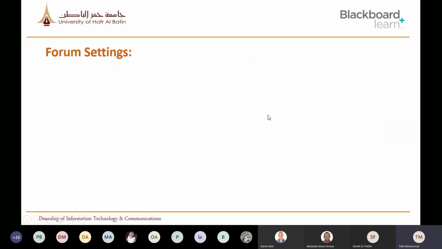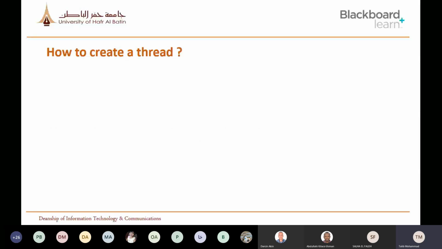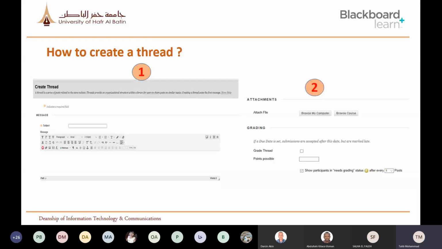So this is discussions, and in the same way you have the forum settings. Inside a forum, again, you have threads. You can create threads of the discussions. If you have any topics inside the chapters, you can create threads. While creating a thread, you can provide some instructions. You can attach a file as well. If you want to create a thread, you have to check this option. By default, it is unchecked. So